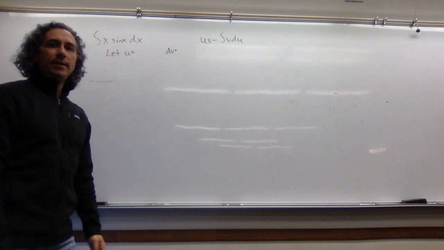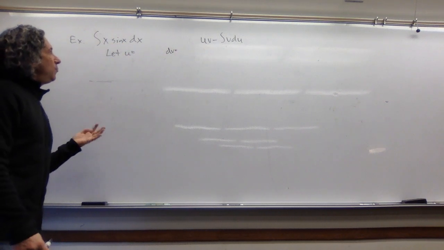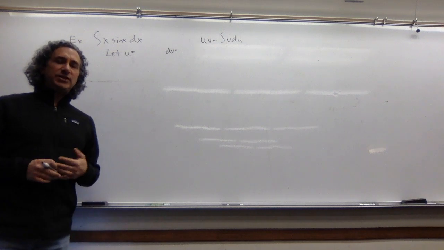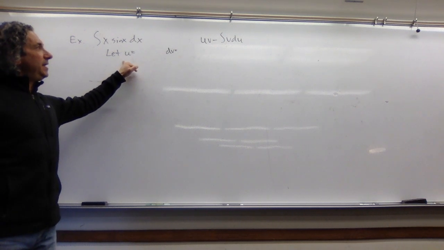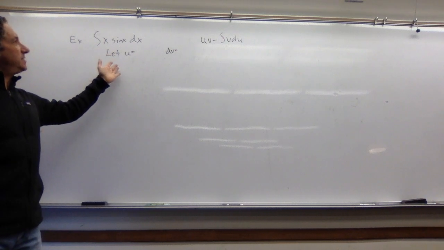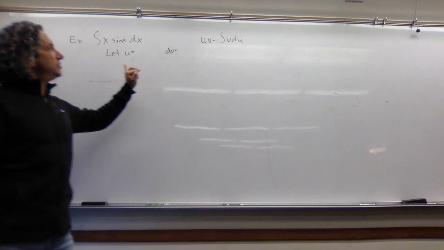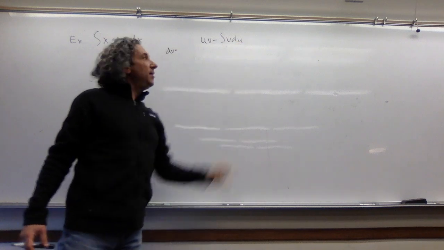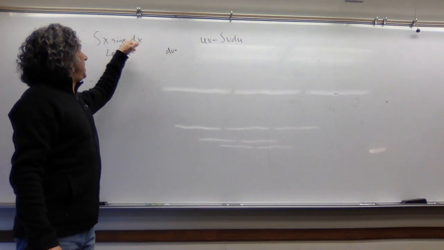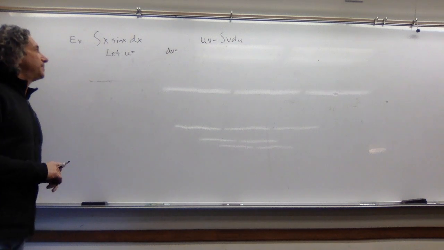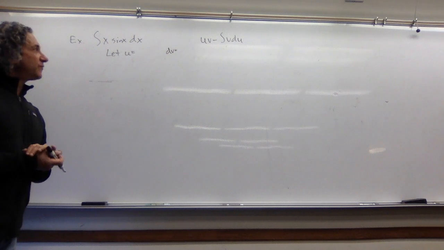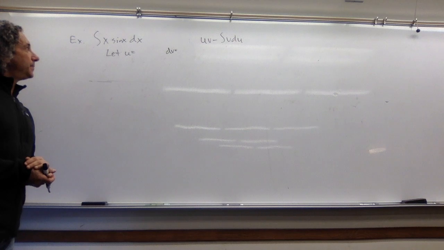So we're going to do that the same way every time, and then we'll be able to plug it into the formula. So stop the video for a second. What do you think u should be? What do you think dv should be? Again, whatever you let u be is the thing that you're going to take the derivative of in your formula. Whatever you let dv be is going to be the piece that you're going to use as an antiderivative in your formula. So stop the video for a second. Think about it.